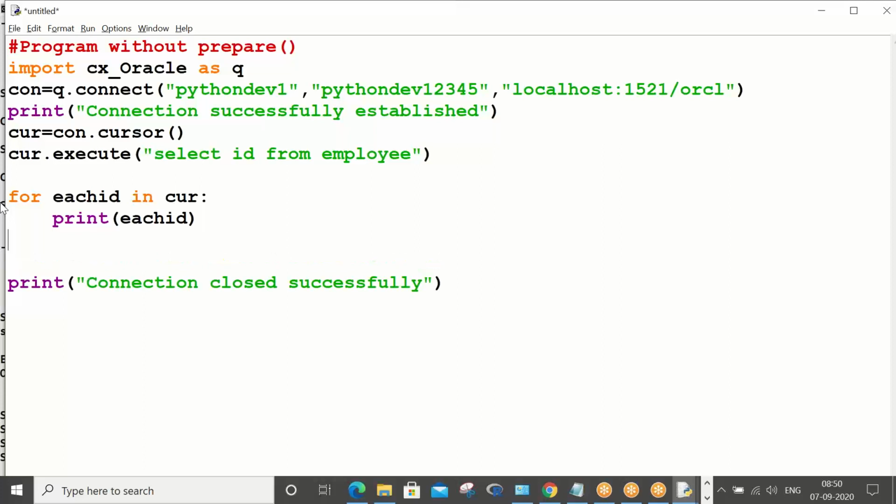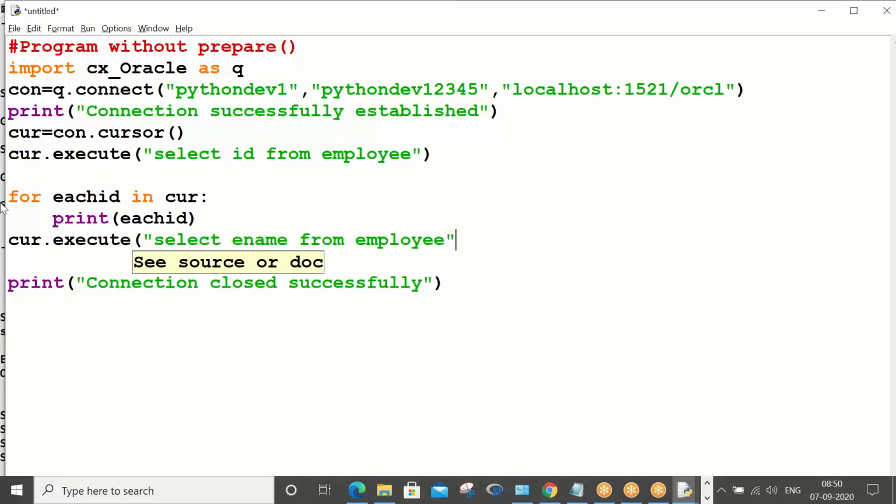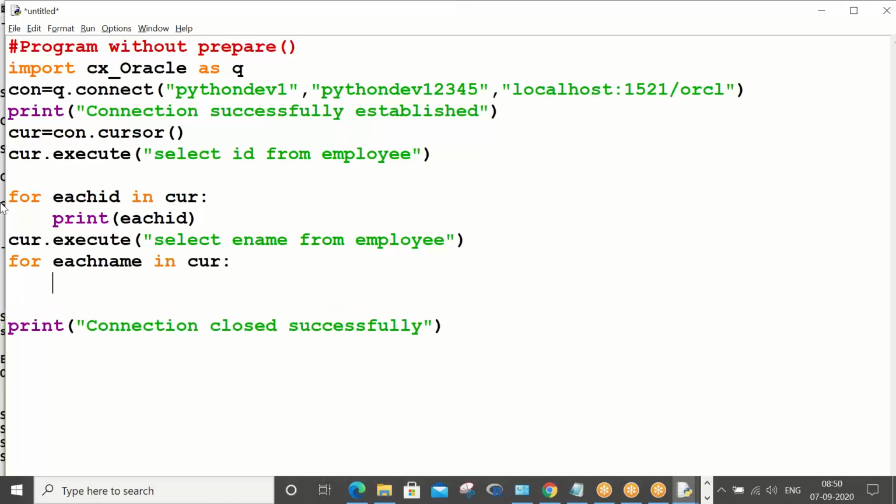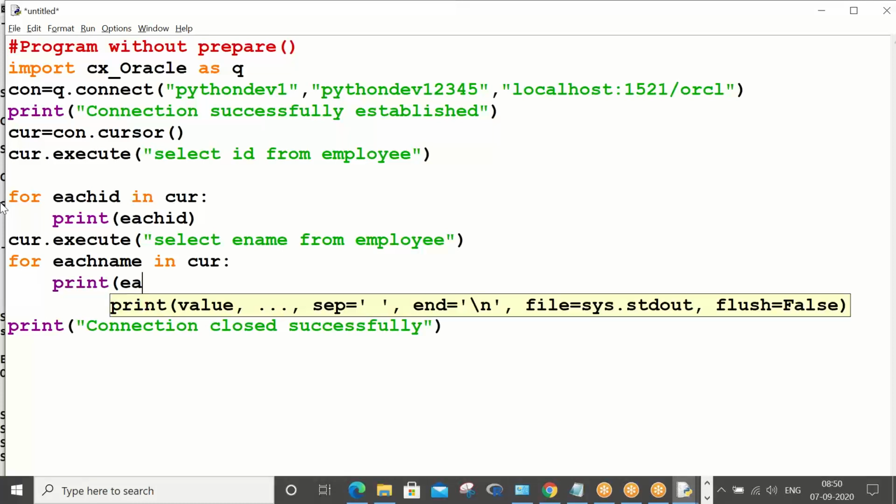Now cur.execute, again I am giving select ename from employee. For each name in cur, print each name.